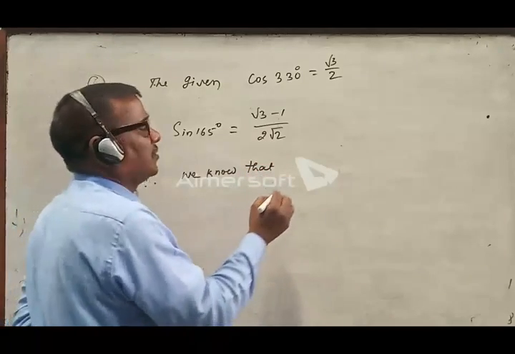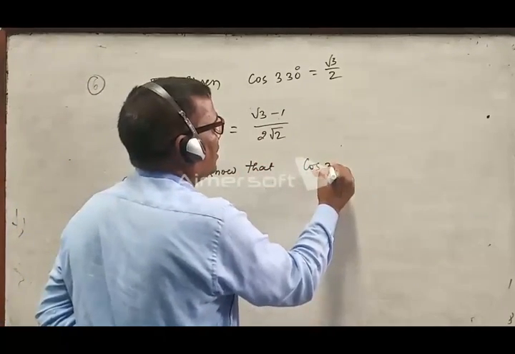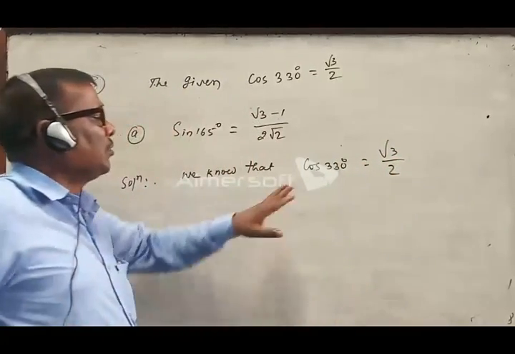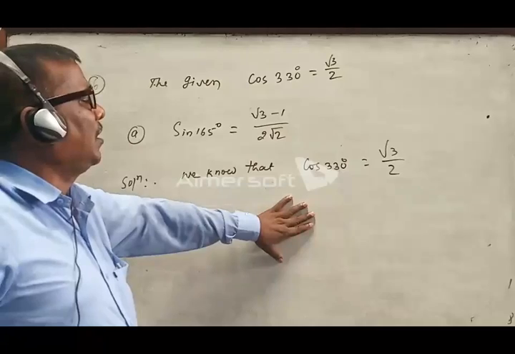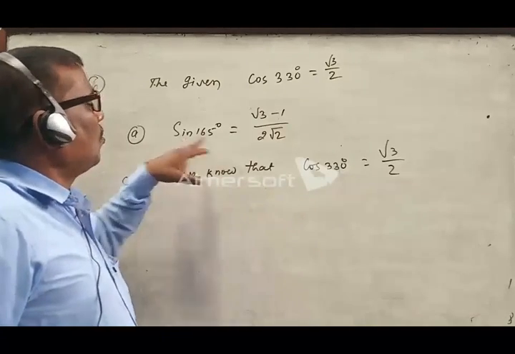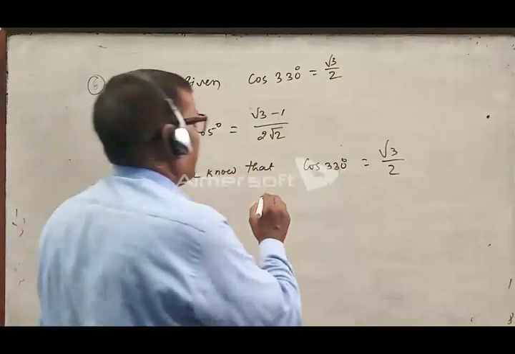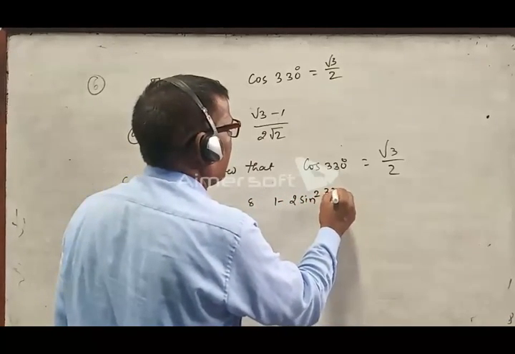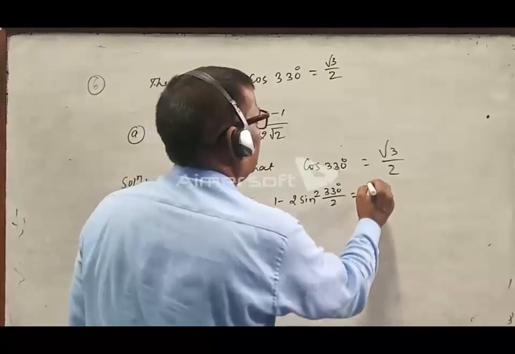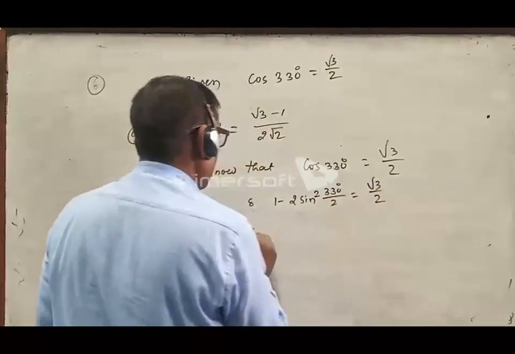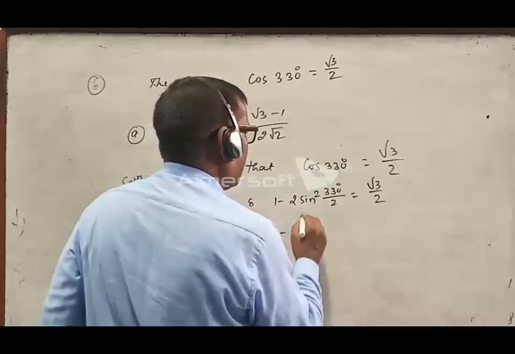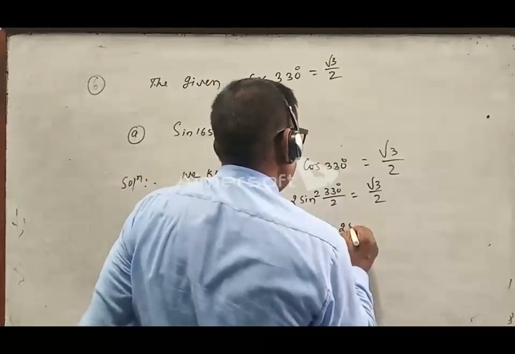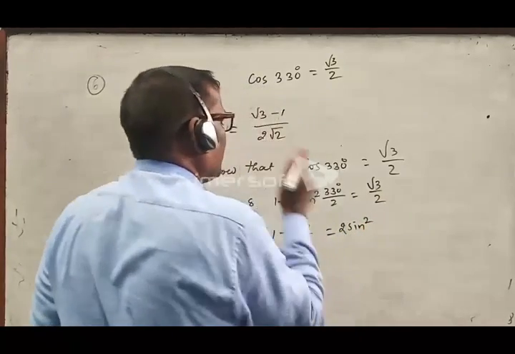cos 330 degree is equal to root 3 by 2. We know that by the multiple angle, cos A is equal to 1 minus 2 sin square A by 2. So 1 minus 2 sin square 330 degree by 2, and root 3 by 2, or 1 minus root 3 by 2 is equal to 2 sin square